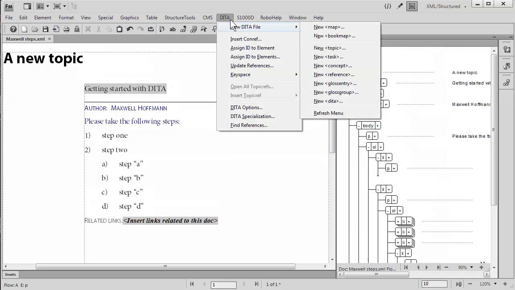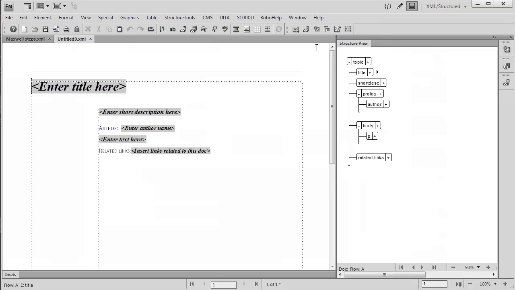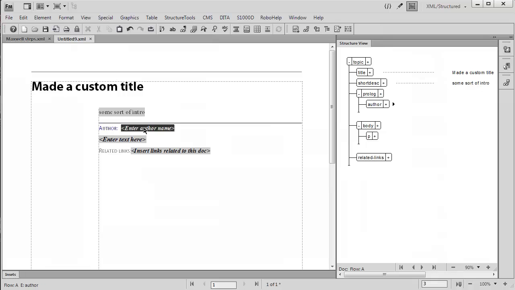If we go back to DITA, this file was created by simply saying that we wanted to create a new DITA file, and we chose a new DITA topic. And this opened up a file that looked very similar to what we were in before. We simply made a custom title. We put some sort of intro. You put in the author's name,